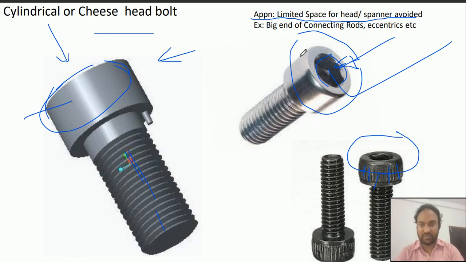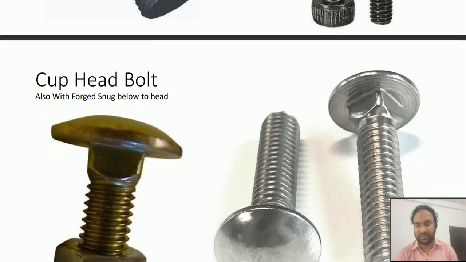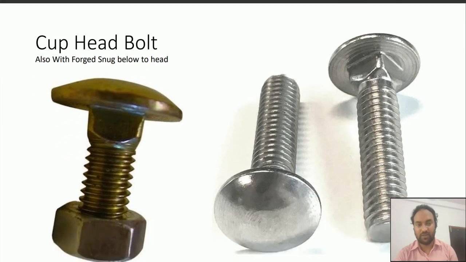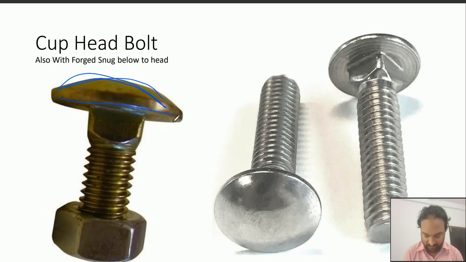So one example is the big end of the connecting rods and eccentrics, where this type of cylindrical bolt, or cheese head bolt, is used. Next is the cup head bolt. See this cup head bolt, it has a shape of this type, and then this one is flat, and then you see this shape,